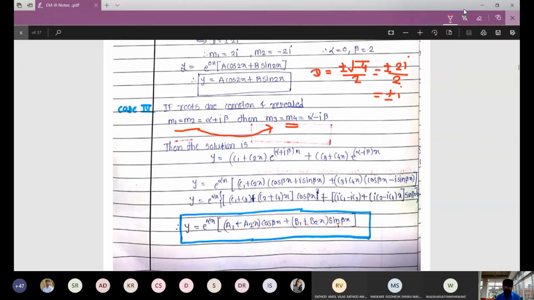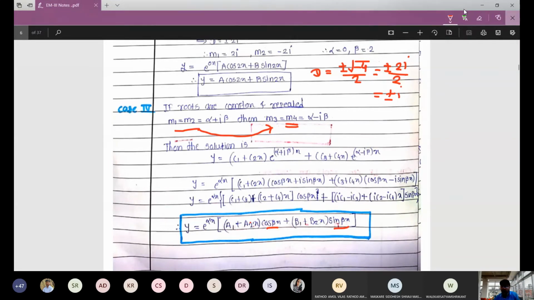Now what about the solution in case of complex roots? Will there be any change? Yes, of course there is a change, like in case number 2. So what will be the change? You can look at the final expression: y is equal to e to the power alpha x. It is the same as that of case number 3, but inside, look at the coefficients of cos beta x and sin beta x. It is a1 plus a2x, and here b1 plus b2x. So it looks similar to case number 2. There we adjusted with x. Here also we have to add that term x.